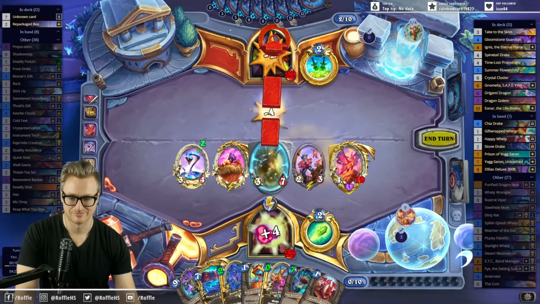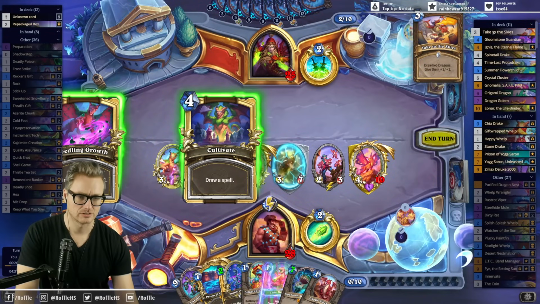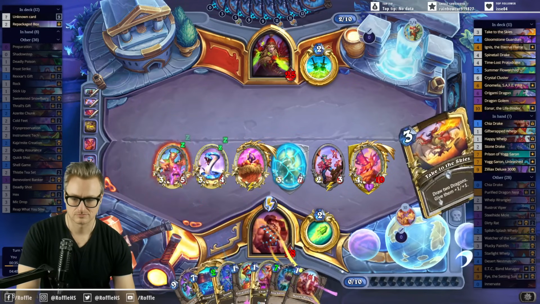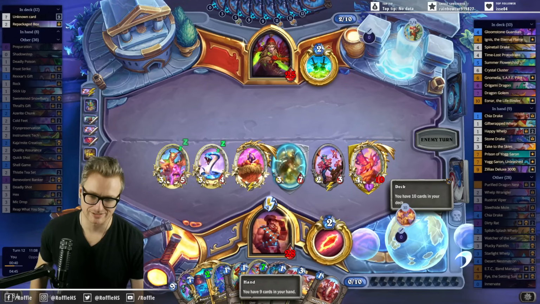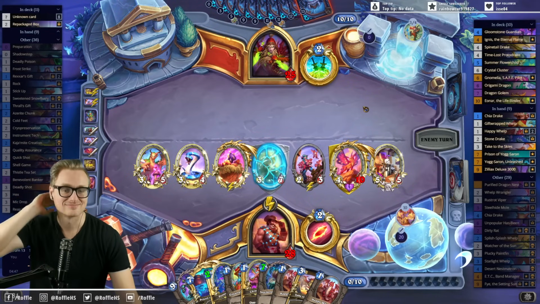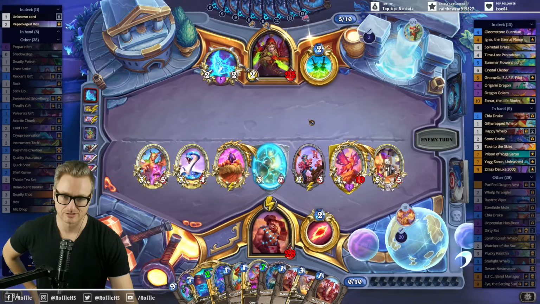And I'm not going to deal with the nightmare that is hand size with this hero power. Draw a spell. I have 1, 2. And we're right back to the hand size nightmare. Oh my god, I've done it again. Yeah, I figured they probably held back because they saw the E.T.C. come down. And